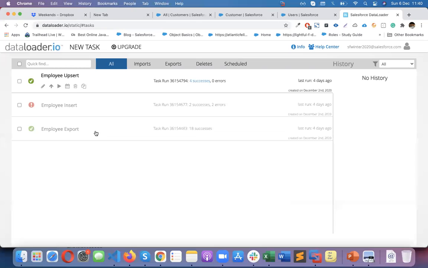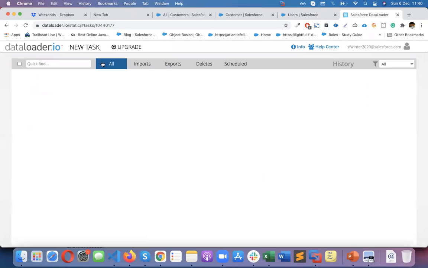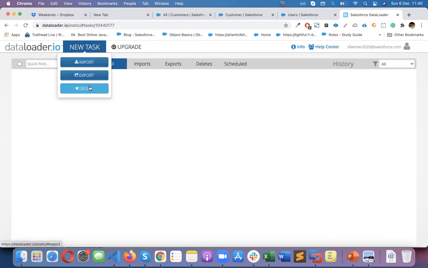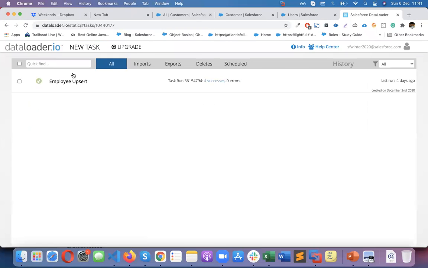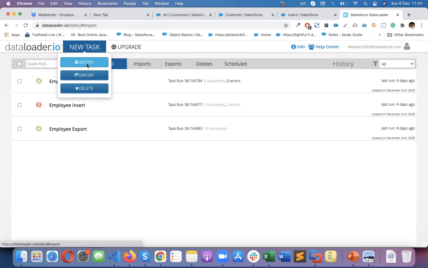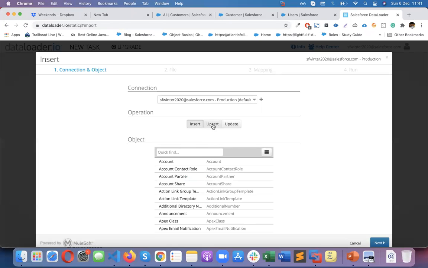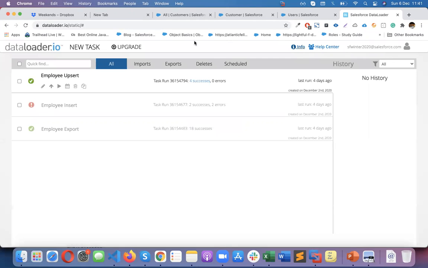Now, these are all my previous imports. I don't want this, so I will delete this. Here also it's the same: import, export, delete. On the import, there's an error deleting, something going on in the backend. That's okay. Okay, so import. Here you can use insert, upsert, update, the same operations. Here you can see employees. The limitation on this is, if I go to pricing,